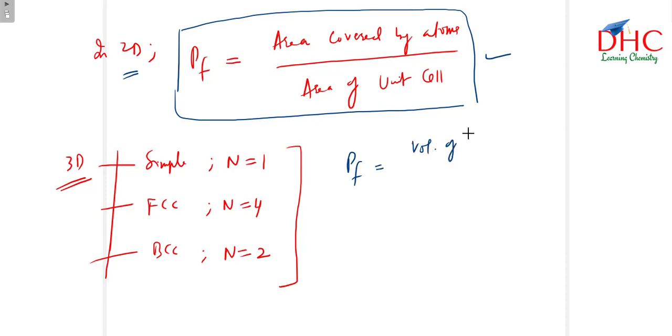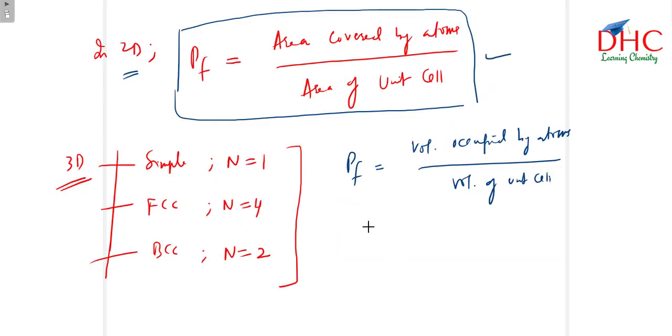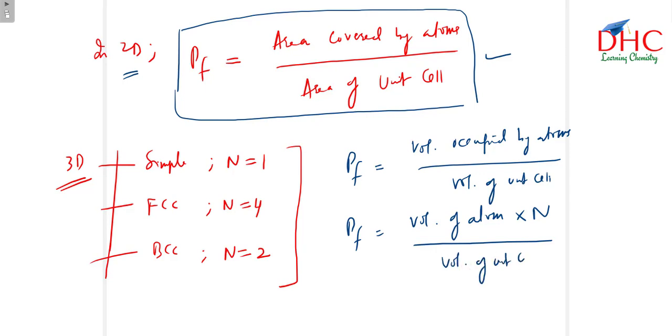Now packing fraction is equal to volume occupied by atoms divided by volume of unit cell, जो मैंने अभी लिखा ये वाली फॉर्मूला. तो PF will be equal to volume occupied by atoms, means volume of atom. एक एटम का कितना वॉल्यूम है मल्टीप्लाई कीजिए नंबर ऑफ एटम्स कितने होंगे, दैट गिव्स मी द वॉल्यूम ऑफ ऑक्यूपाइड बाय एटम्स डिवाइड बाय वॉल्यूम ऑफ यूनिट सेल. अब वॉल्यूम ऑफ एटम कितना होता है? So we have